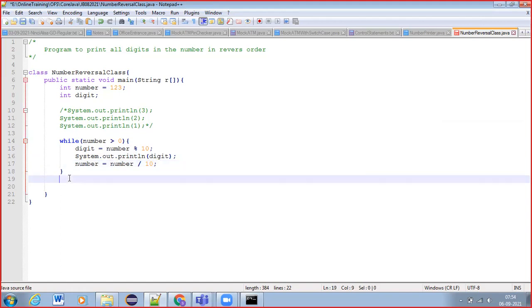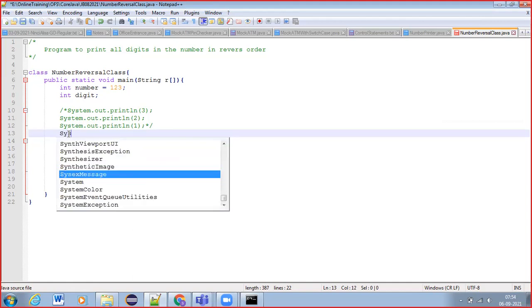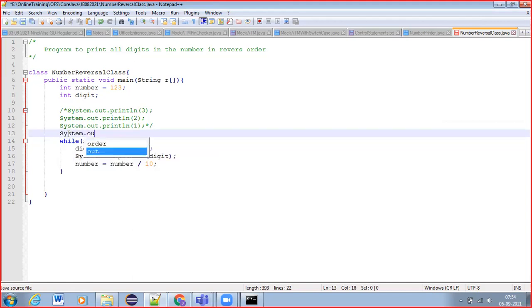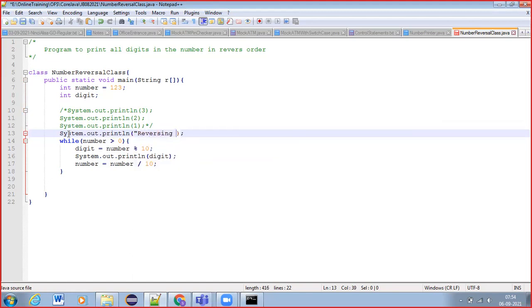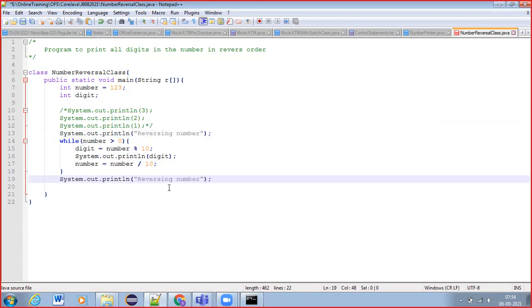Now before and after, you can write any statements like System.out.println reversing number, and after the while loop you can say reversing number completed. Like this we can write. Okay, now